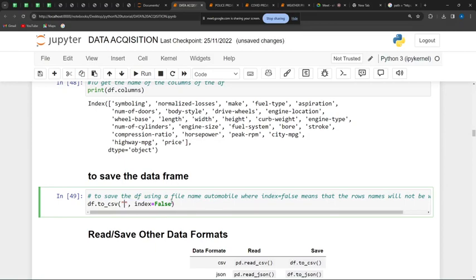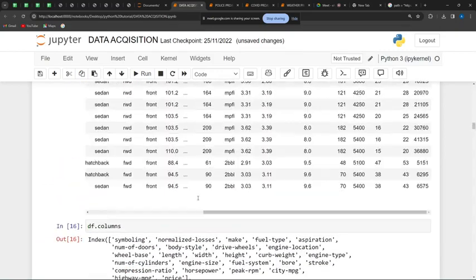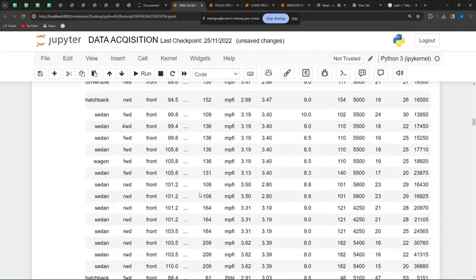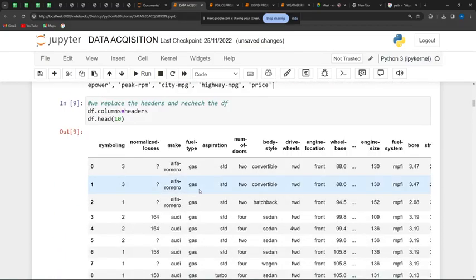Let me give it something else, let me call it cars. Now, what does index equals false mean? Who can tell me? There's no index in the table. You didn't put those 0, 1, 2, 3 that normally appear on the table. So our original df has 0, 1, 2, 3, and that is the index. Me saying index equals false now means that when saving the table,